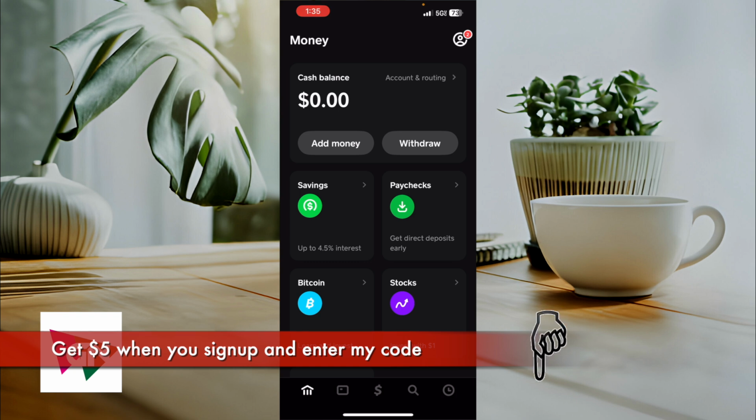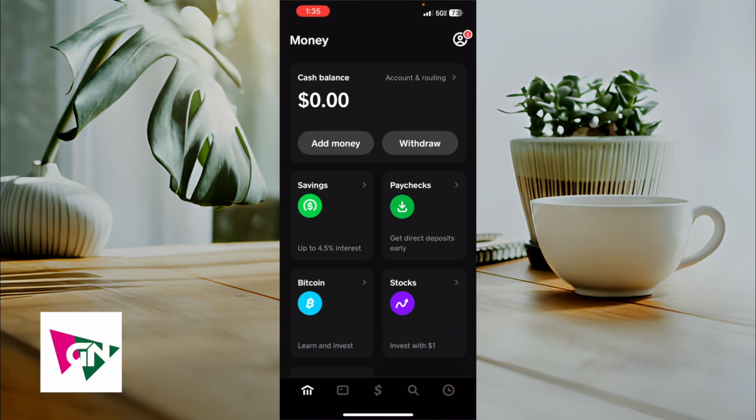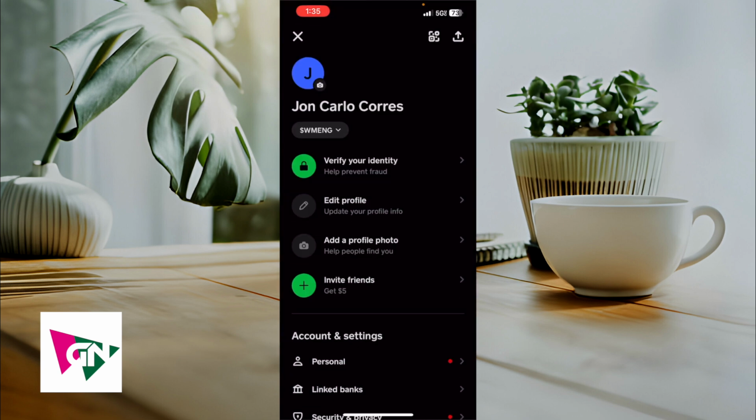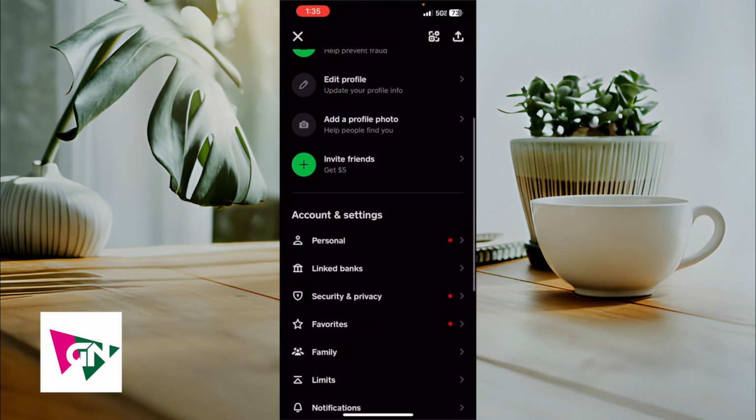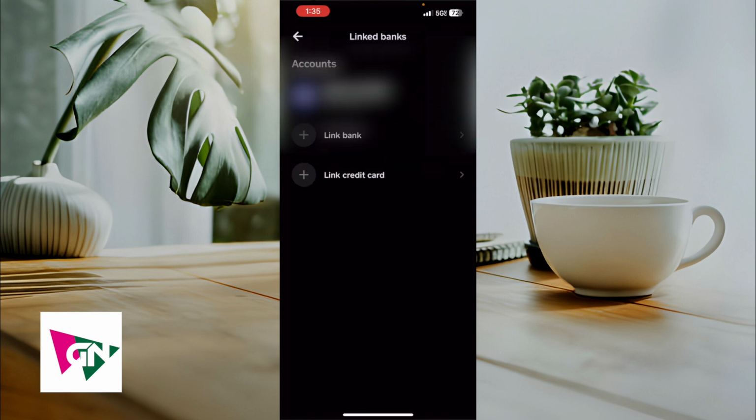But once you do sign up, you're going to reach a page that looks like here on the home page. Click on the profile icon in the upper right hand side, and then scroll down to where it says linked banks. If you don't see the words linked banks, it might say something like linked cards or linked debit card. What I found is that you do need to link your debit card in order to see the linked bank option. For my case, I am going to click on linked banks,